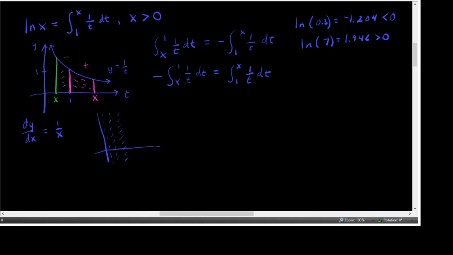And then if I went to 2, 1 over 2 would be 1/2, which is even a smaller slope. I'll try to make those look like they have a smaller slope. And then 1 over 8 would be 1/8, which is an even smaller slope. And if we were to draw a curve through this, one thing that we would want to know to do this graph is that the integral,